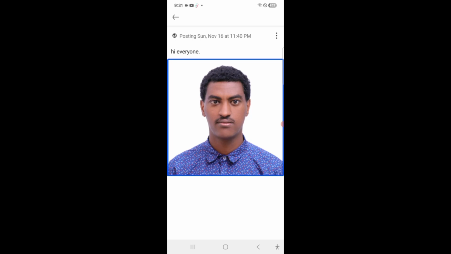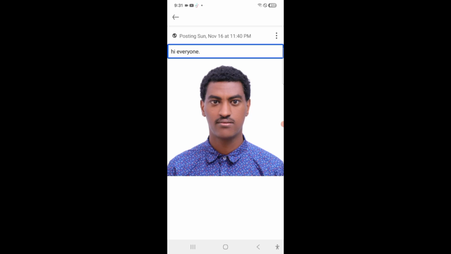Image description. Escalu, a young Ethiopian man with black hair and a thin mustache. He is wearing a blue button-up shirt with a small red and white pattern and is facing straight toward the camera with a neutral expression. Button. Yeah, this is the image description, and let me press the main body text part.